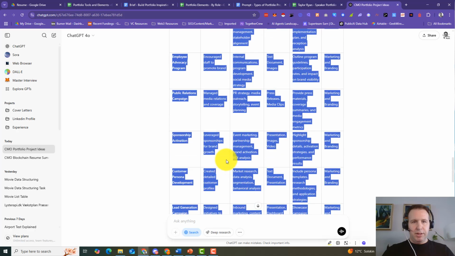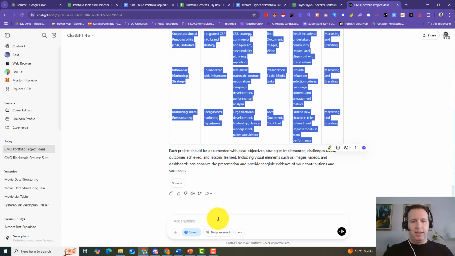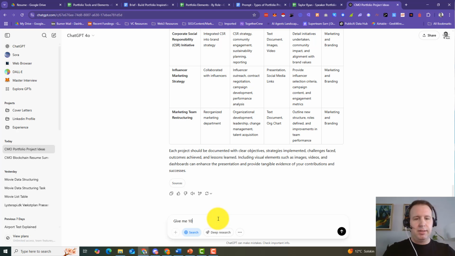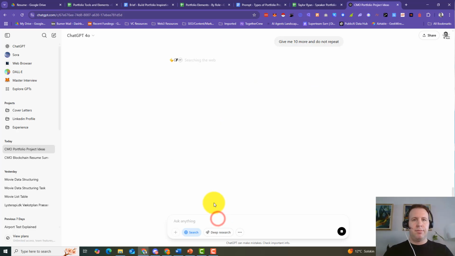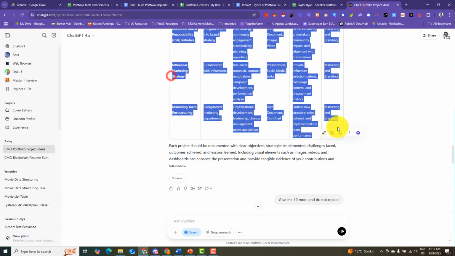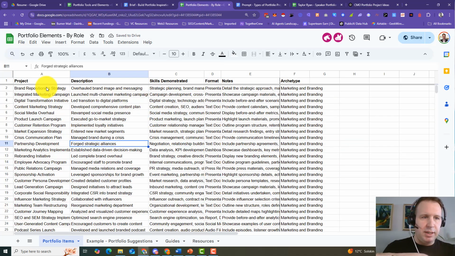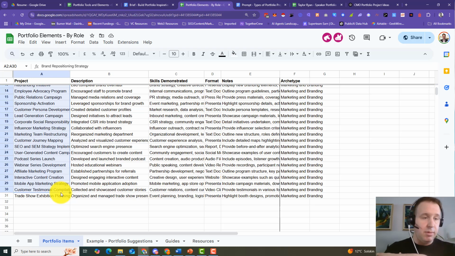So it's given me a bunch. I can always ask for more. That's the beauty of using these LLMs. So give me 10 more and do not repeat. So I'm going to copy everything that it spat out, migrating it to my table. Now I have all sorts of potential projects that I can hopefully look up and determine whether or not I